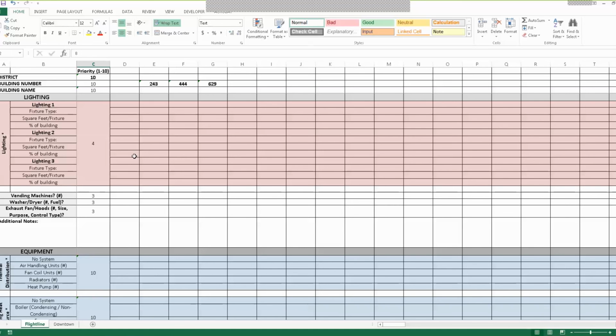For washers and dryers, in most of the models, they're making an assumption by occupancy. Exhaust fans are pretty much assumed that they're going